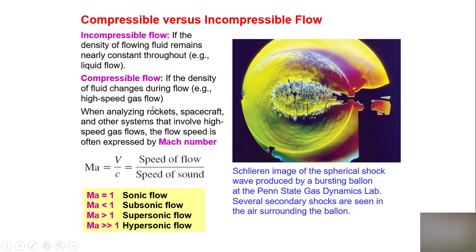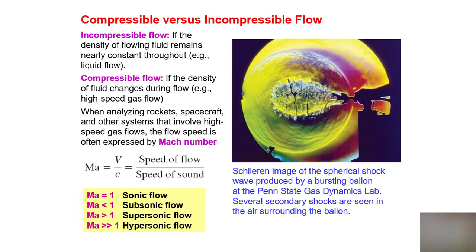Then for compressible flow, density varies, which means d rho over dt in this case will not be equal to 0, because rho 1 is not equal to rho 2. So now when you're dealing with